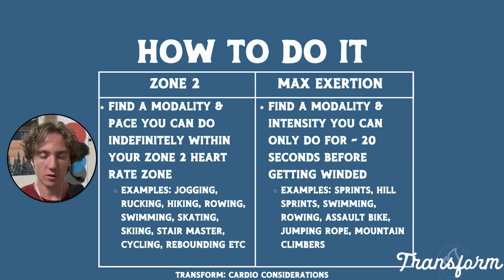And again, if we have just persuaded you on impact, maybe you do like one sprint outside on a hill or something to reduce the impact, and then you gradually progress in that. You do the rest swimming or rowing or something else as we build on that. The same thing for jogging, maybe only jog for 5 minutes at the first, and then you ruck or swim or something else for the rest of it for the zone two.